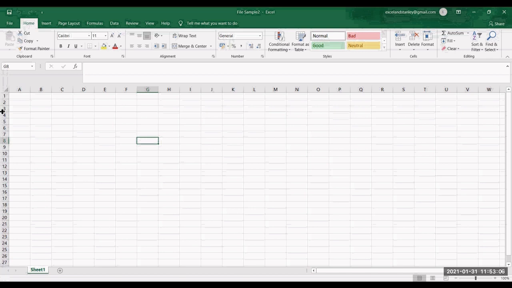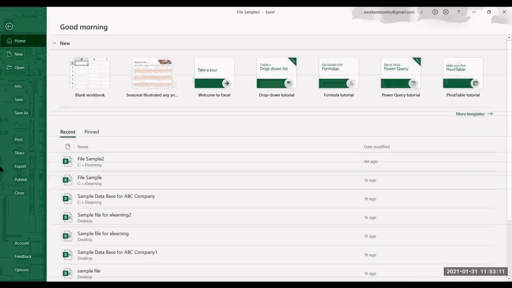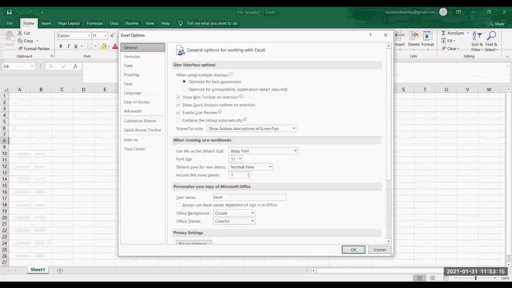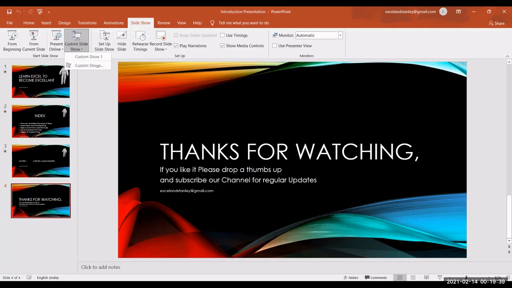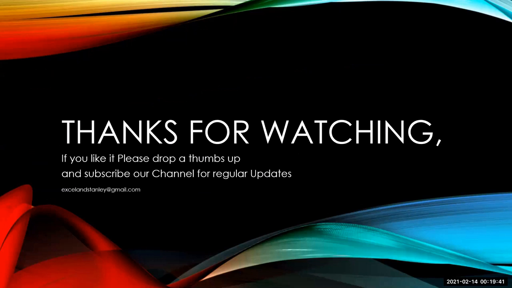There are some more tabs which are available in Microsoft Excel. Those tabs can be activated by clicking the File button. There we can see options. Here we can customize the ribbon. Details about this we'll learn later.